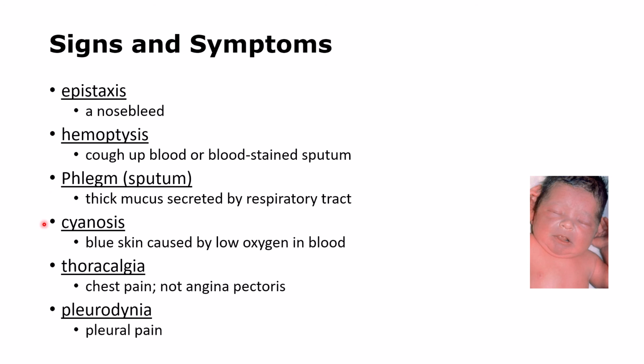Cyanosis means that there is not enough oxygen and the skin becomes bluish. It can be a sign of heart disease, could be a sign of lung disease, but it can also be a vascular problem, so a local blockage of a blood vessel. It could be cold weather, so that the person becomes cyanotic. The blood vessels and the skin vasoconstrict,